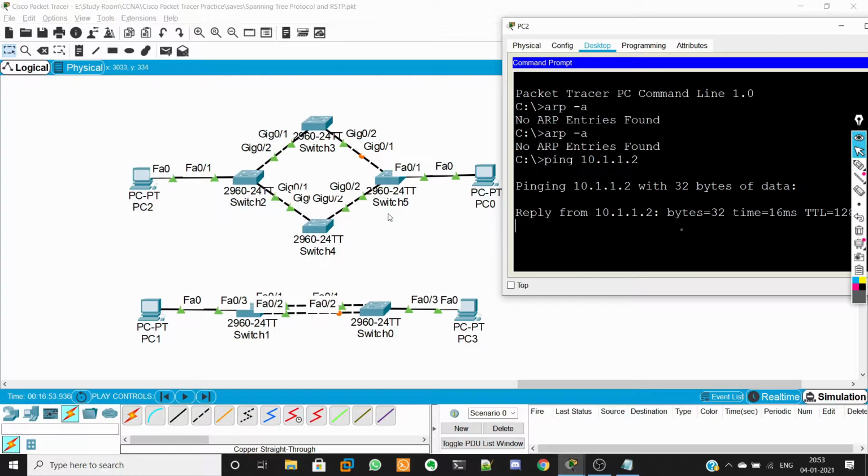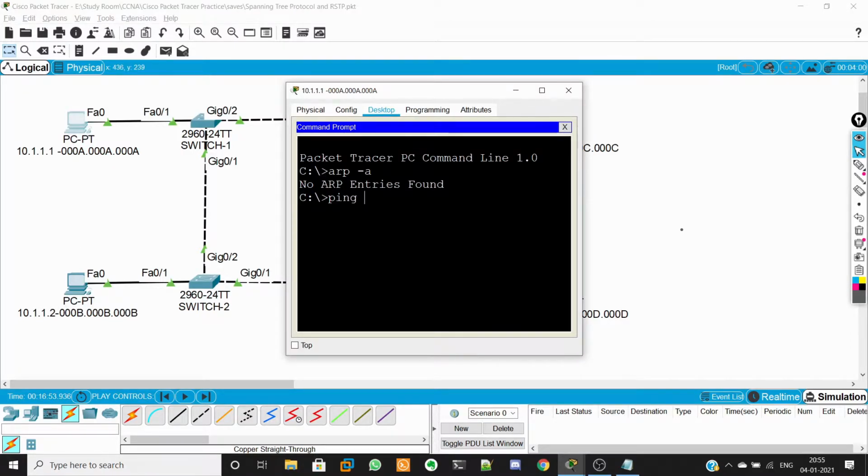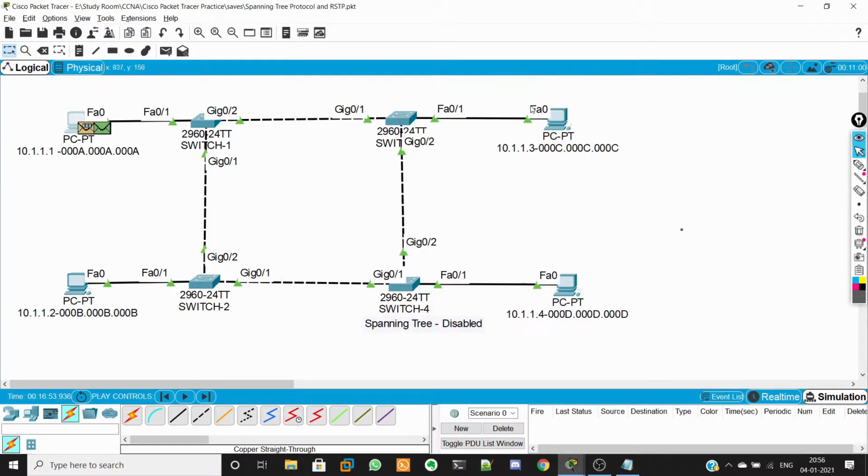In that network, I disabled the spanning tree, and I'll show what happens in a network if spanning tree is not there. So in this network, I disabled Spanning Tree Protocol. I am trying to ping from one device to another. I'm going to show what happens if we try to do some simple network activities without spanning tree. I'm simply going to ping one host in the network. I initiated. I would recommend you watch this carefully.